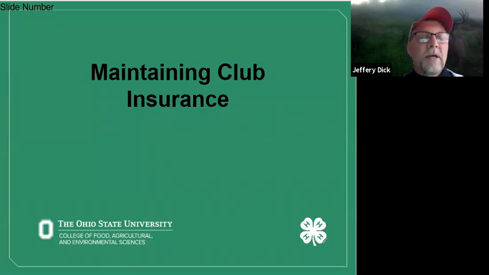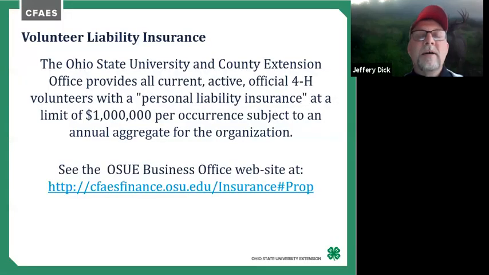We're going to move on and talk about maintaining club insurance. And with that, first of all, 4-H volunteers who have been through the screening process do have liability insurance that we, OSU Extension, take out for you. This, as you can see, is up to a limit of $1 million per occurrence. And there's more information that you can find on that through the